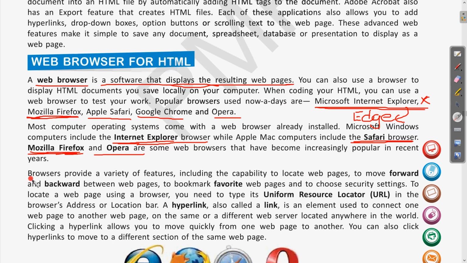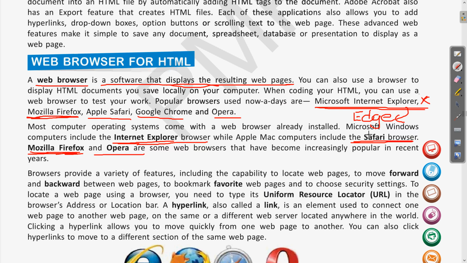Let us see. Browsers provide a variety of features, including the capability to locate web pages and to move forward and backward between web pages. Whenever we see any browser, we have the forward and backward buttons. Then we can bookmark favorite web pages and choose security settings.